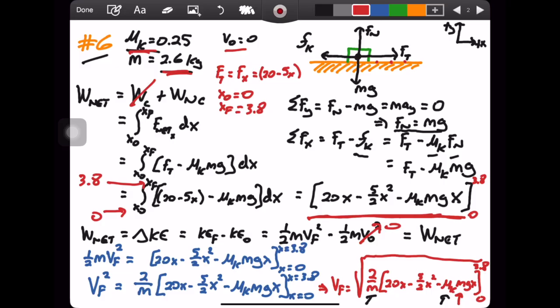And so then what I did is I used my original equation that came from the free body diagram to write an expression for the net force in the x direction. And then we were told that the rope tension force that's pulling to the right actually varies as a function of x. And so I substituted that relation into the integral, performed the integration, and because of the work energy theorem, I could say the net work that's done on the block is equal to the change in kinetic energy